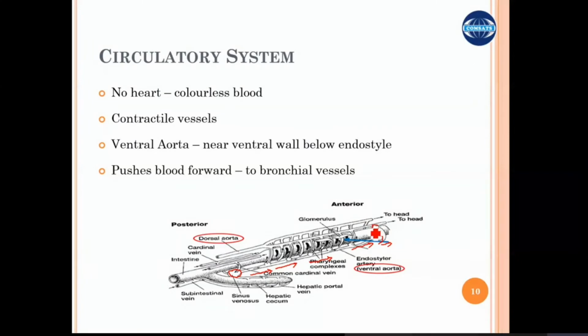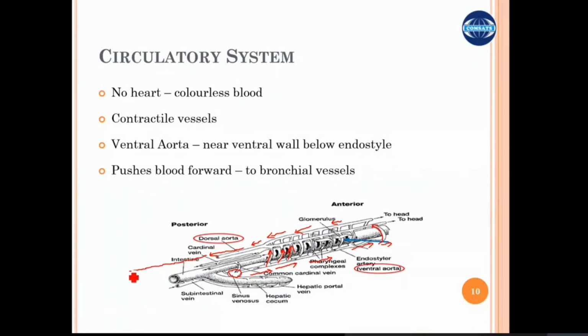From the pharyngeal region the blood also moves upward towards the two lateral aortae. Then the blood is collected in this part, and from the lateral aortae the movement of the blood is reversed, from forward towards backward. The blood moves back to this junction, and these two vessels connect together to make one dorsal aorta, and the dorsal aorta takes the blood